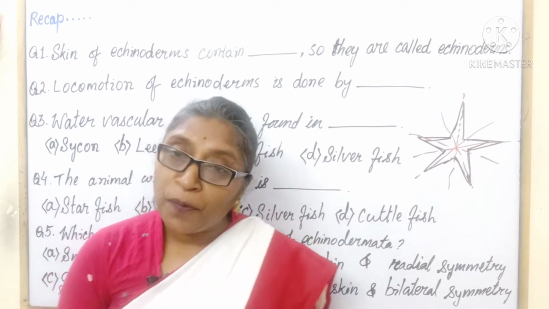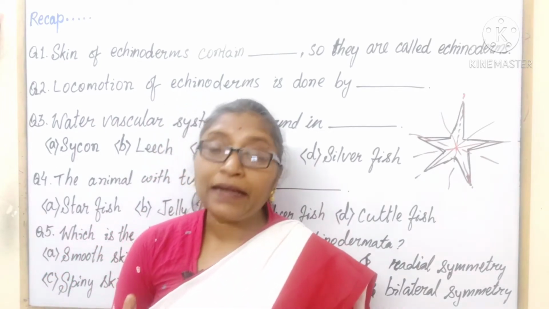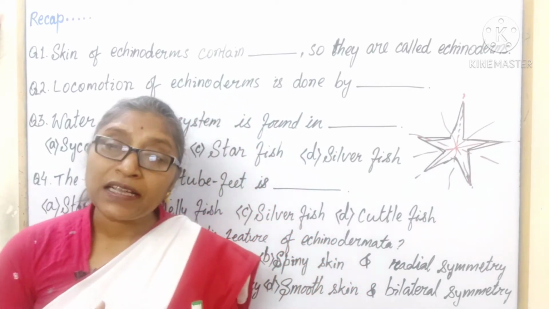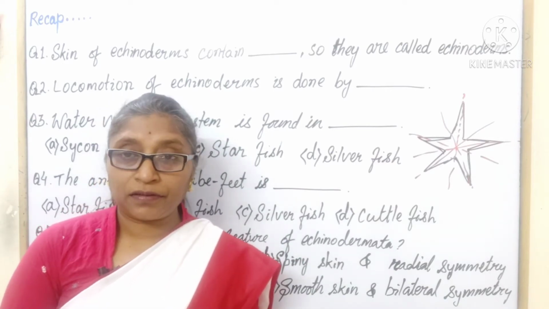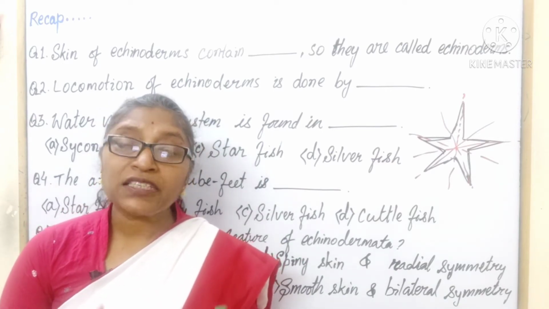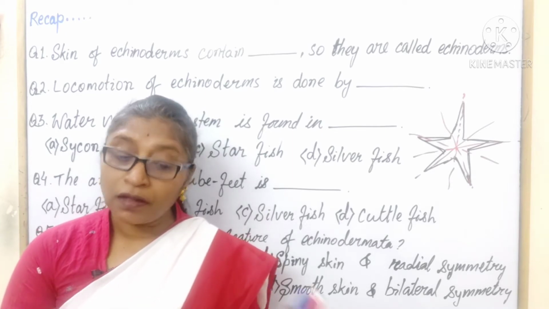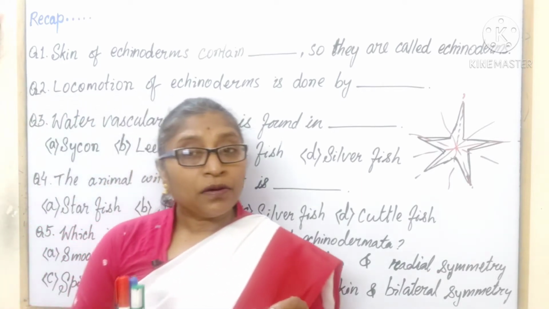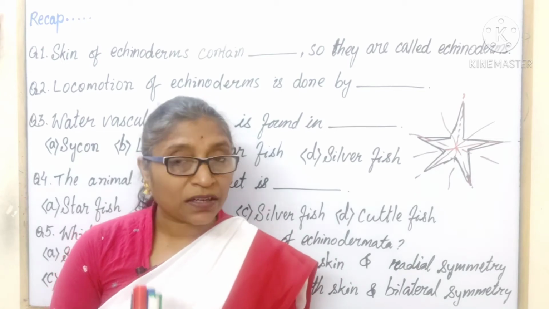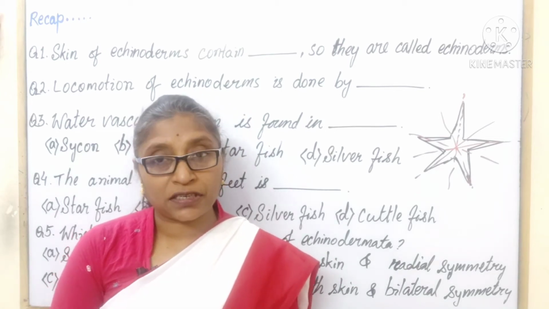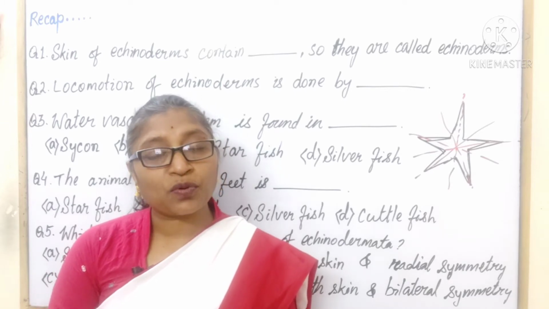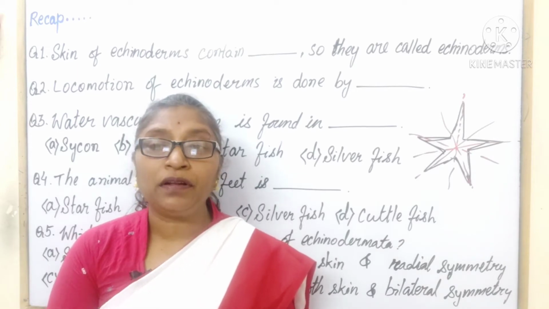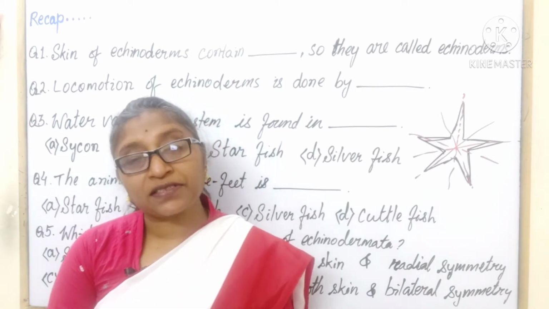These animals are triploblastic eucoelomates with enterocoelic coelom. Enterocoelic coelom, the coelom arises from the archenteron. The coelomic pouch arises from the archenteron. These animals have a specialized system, that is water vascular system or ambulacral system, where the water is circulating and which absorbs the nutrition, provides the nutrients to the animal and performs the respiration and excretion.